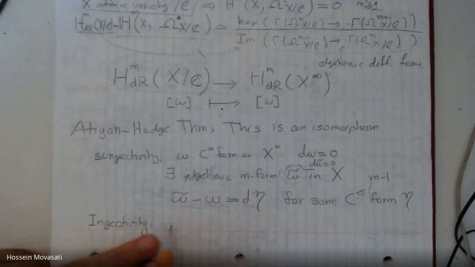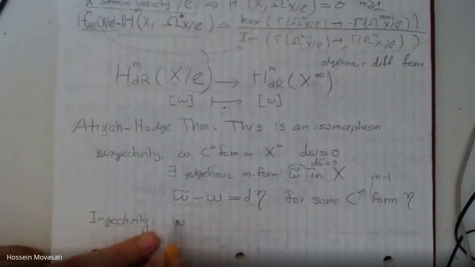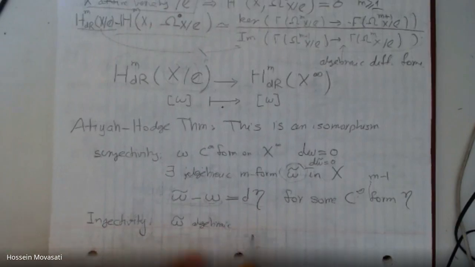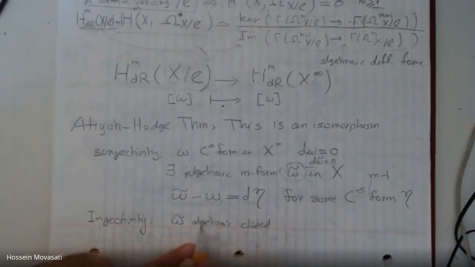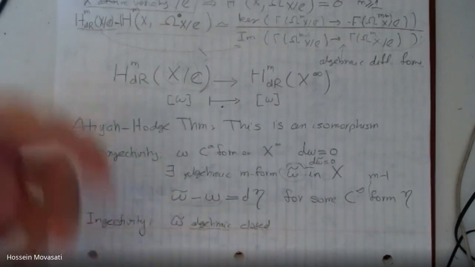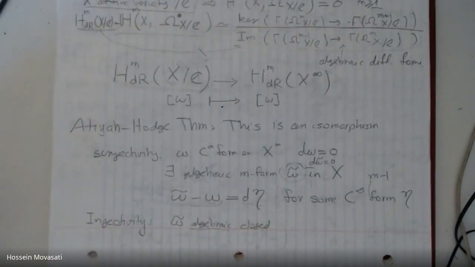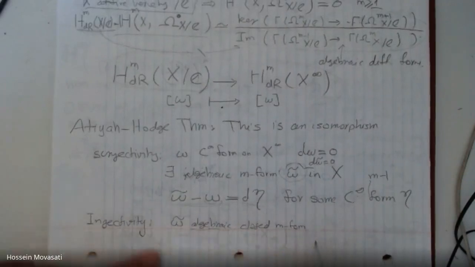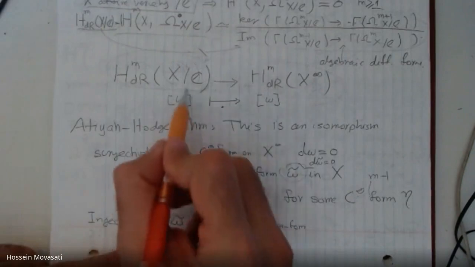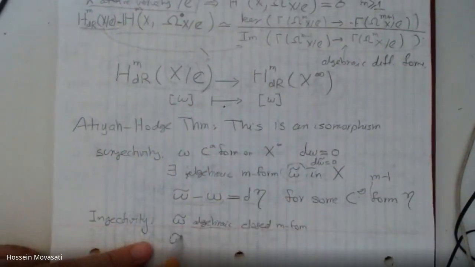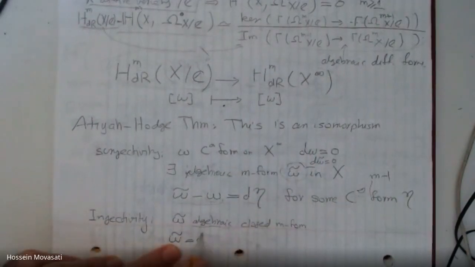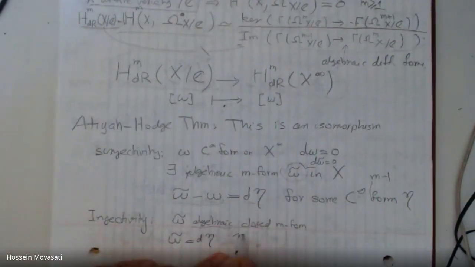Injectivity means that, let's say, I take an algebraic differential form, omega tilde, algebraic closed. I always write algebraic, C infinity, because I have many contexts: algebraic, holomorphic, C infinity. So a closed m-form. Let's say omega tilde goes to 0. Omega tilde goes to 0 here, but what is 0 here? It means that it is d of eta, a C infinity (m-1)-